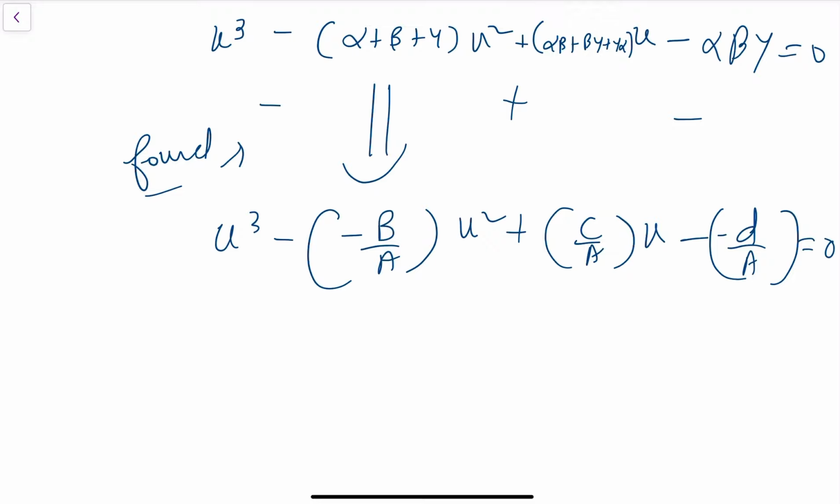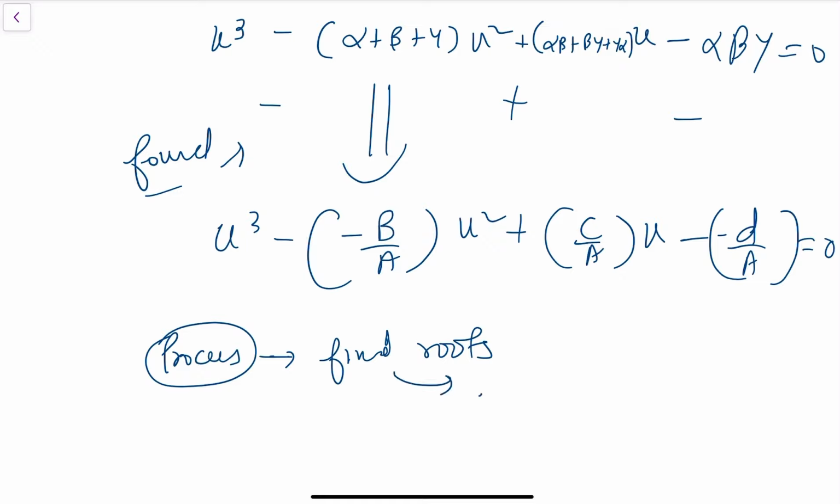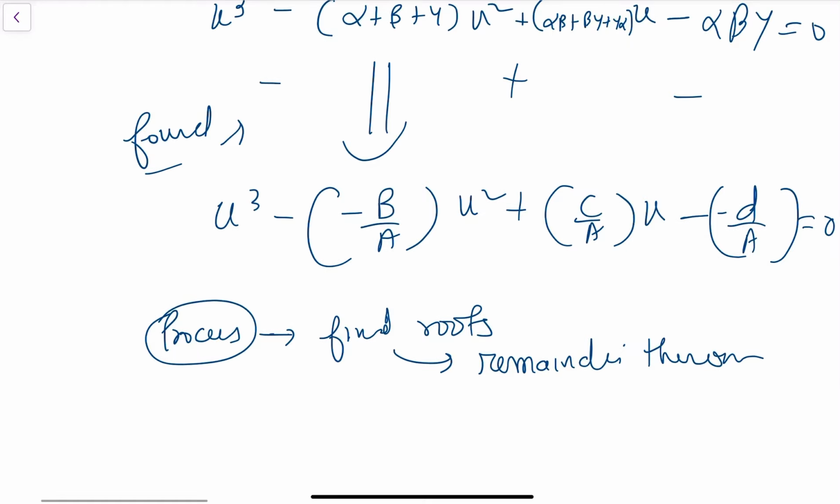Alright. Now how to find the roots? The process to find roots is very simple. Either you use your remainder theorem. You have learned this in class 9, remainder and factor theorem to solve a large degree equation. The second way is to use hit and trial. Generally, whenever you are given a cubic equation, there is one number which you will get to see, suppose 1, suppose 2, which satisfies it. So that becomes one root. Once you get one root, you take that common and you get a quadratic equation and solve it.